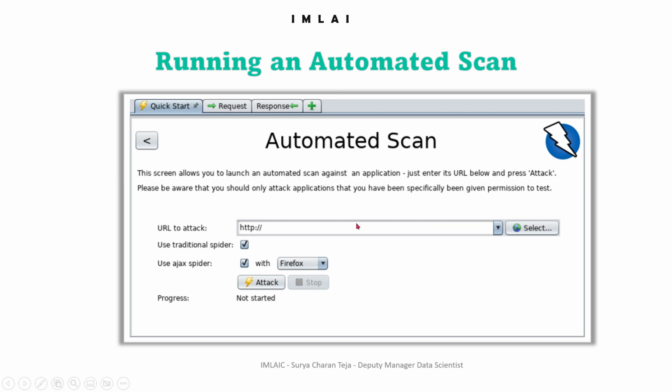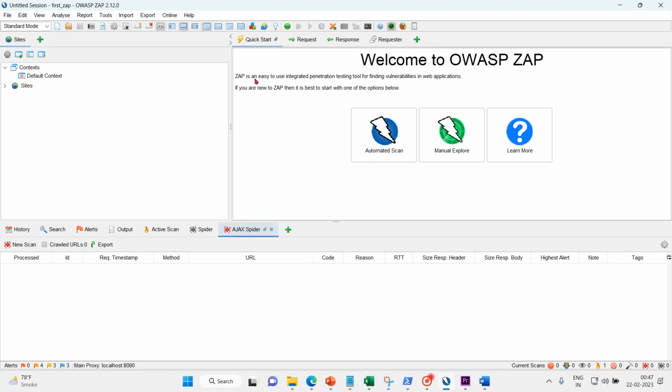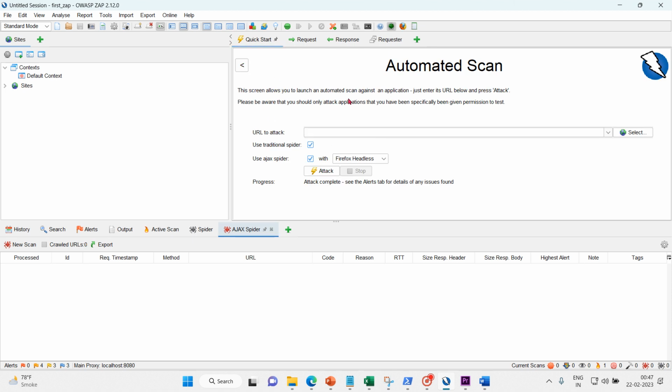Then we will begin with running an automated scan. We'll run one automated scan, that too on my website. So let me come here. Just come to this working window and click on this Automated Scan. Now this work pane will change to the automated scan. It's pretty simple to use, nothing much. We just have to get into this